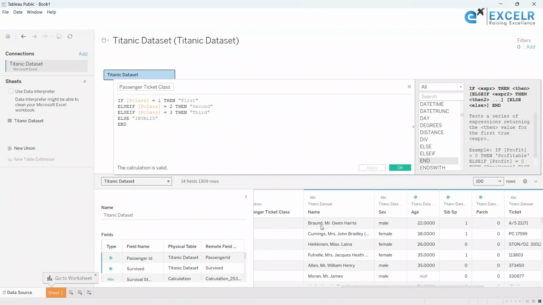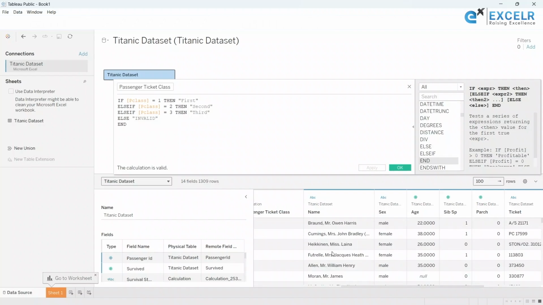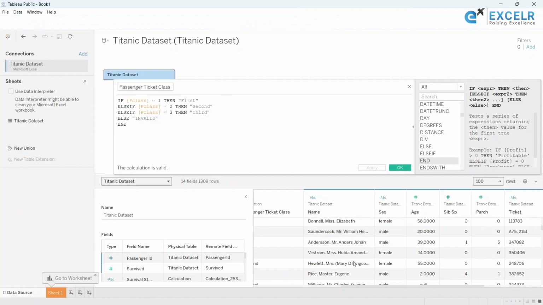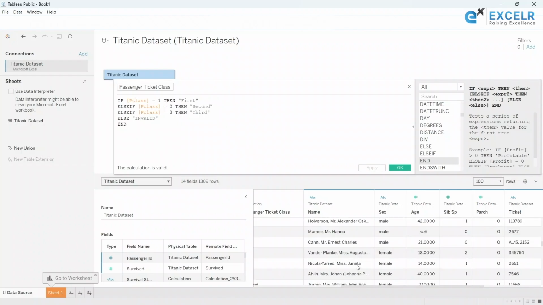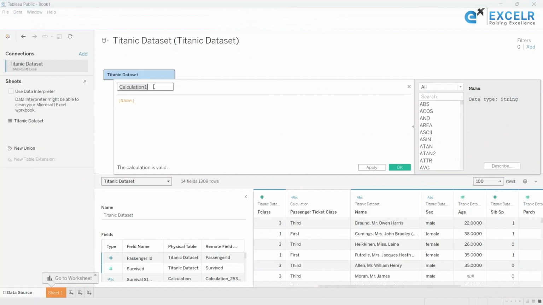Next, let's look at the title. So in the name column, we could have titles like Mr., Mrs., Miss. We can also have Master. So these are the kind of titles that we can expect. So we will create a new column for this as well. Let's go ahead and create a new column on the passenger name. Now this is the title column